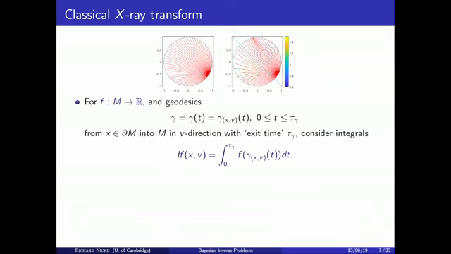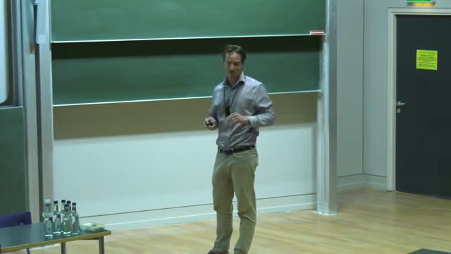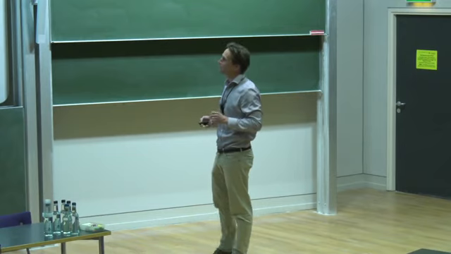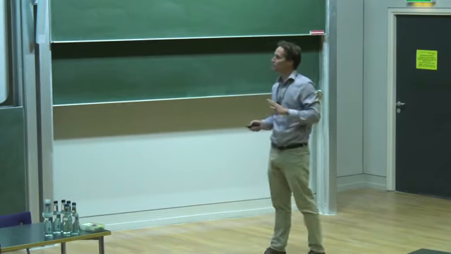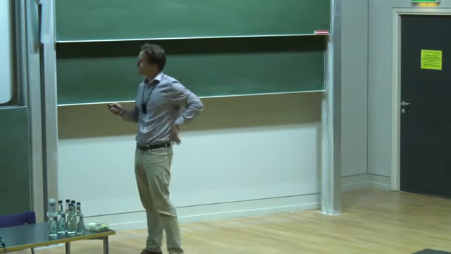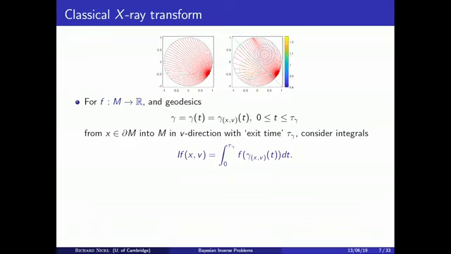So let's first recall the classical X-ray transform, which is the basis of CT scans, where you basically have a linear inverse problem. So some of the difficulties I'm talking about don't occur, but still, to understand the generalization, it is useful. So you have the disk. This is maybe your medium, where your brain is inside here, and you cannot invade into the medium, but you make measurements from the boundary by shooting photons from each point in the boundary into various